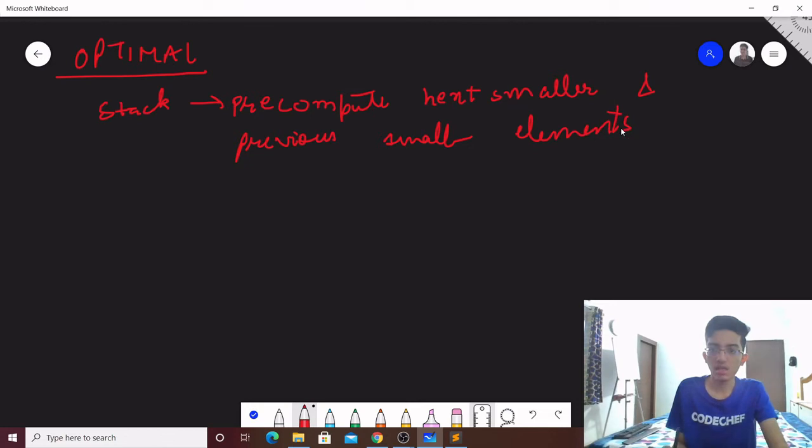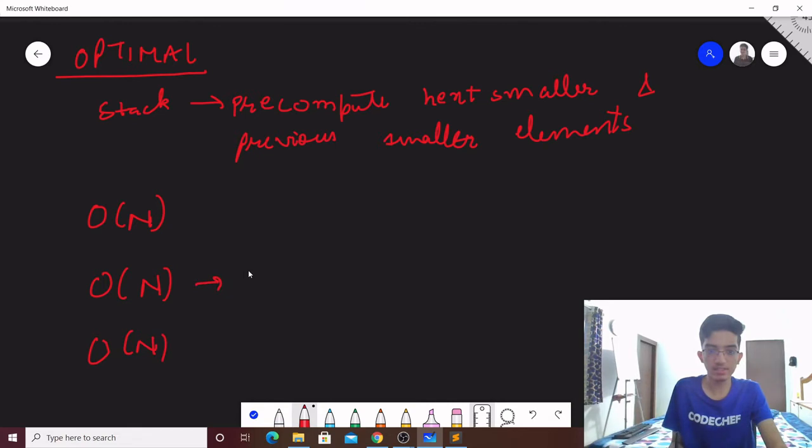And what this does is the next smaller is basically the right boundary and the previous smaller is the left boundary. So using this, the pre-computation takes O of n time, and the whole time complexity then comes to O of n, with O of n as the space complexity. So this is time complexity and this is space complexity.